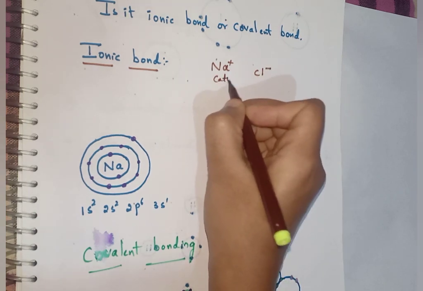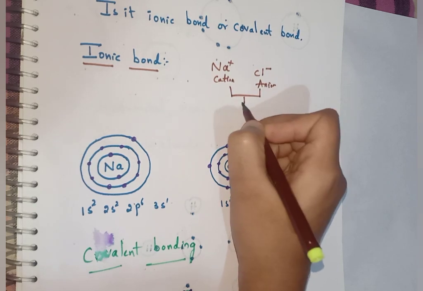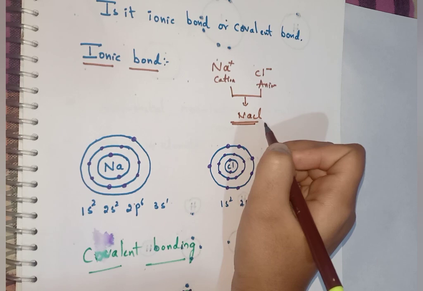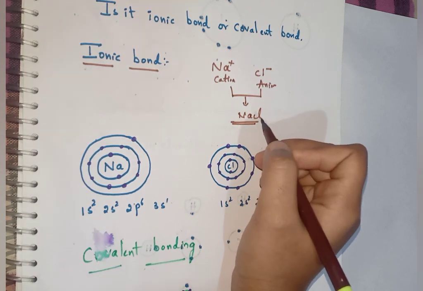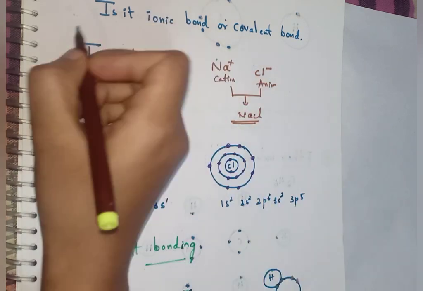It is cation and it is anion. When both of these combine, then we will get NaCl. So let's study how it is formed. And here comes the important point. The reactivity of every element is based on the tendency to attain a completely filled outer shell, that is noble gas configuration it should attain, that is helium,